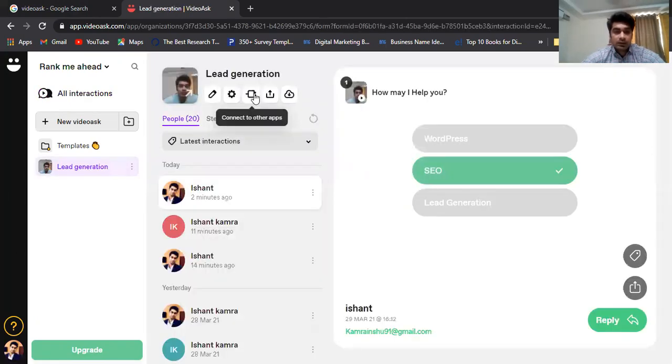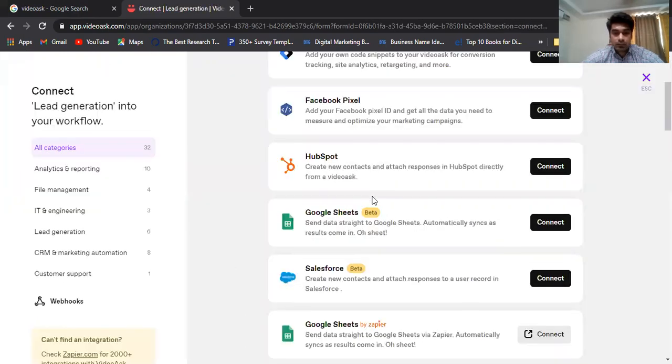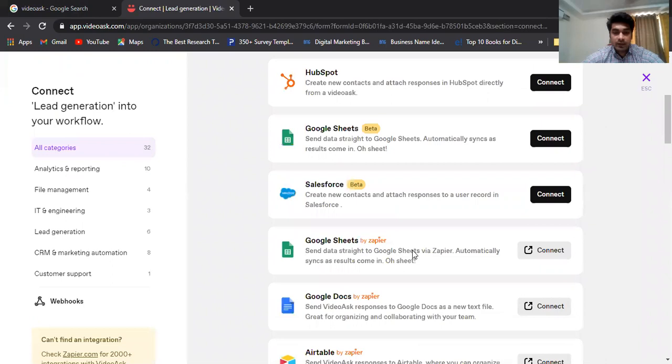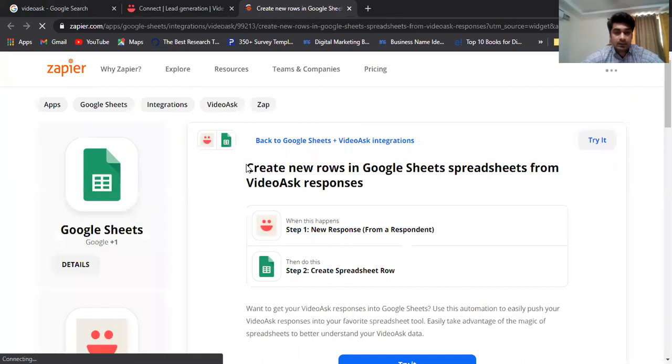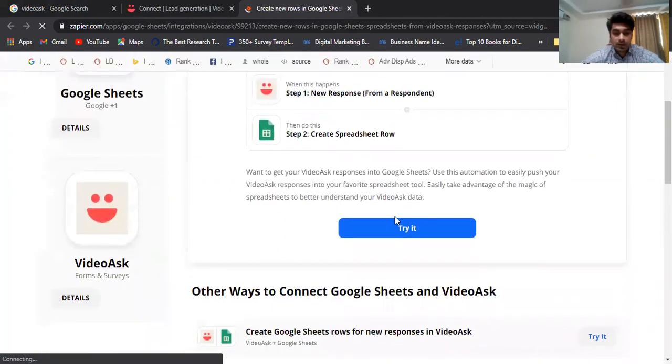So we will click on the third option, connect to other apps. We will use Zapier, Google Sheets by Zapier. So whenever a person enters name or email ID, it will be shown here. Connect with Zapier.